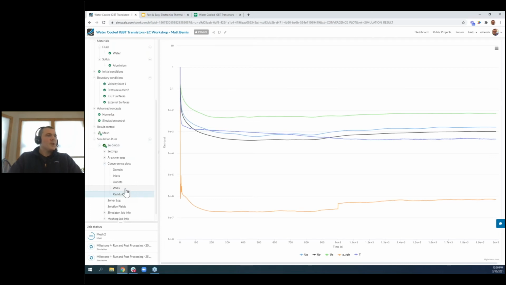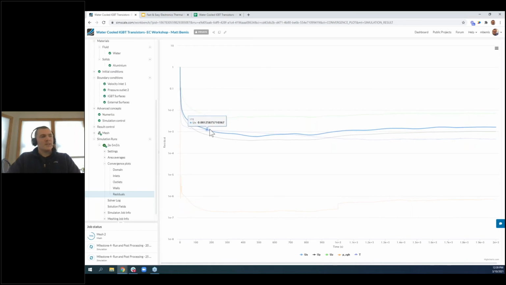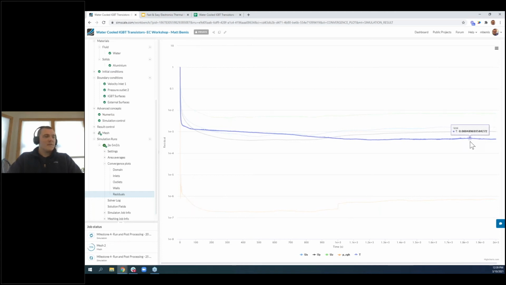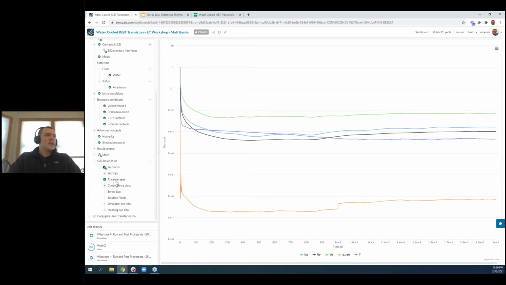This looks pretty much like you would expect. So all the residuals for every degree of freedom, we have X, Y, Z velocity, pressure, and temperature, start at 1. And what you want to see is over time, these drop and flatline. There's not a lot of physical meaning behind these, but you do want to see this trend. And it is an indicator of a good simulation, but it should not be really trusted 100%. What I'm more interested in is those area averages I set up on the